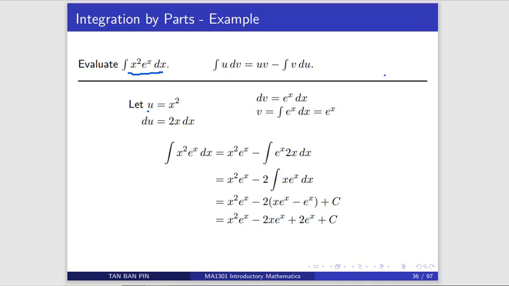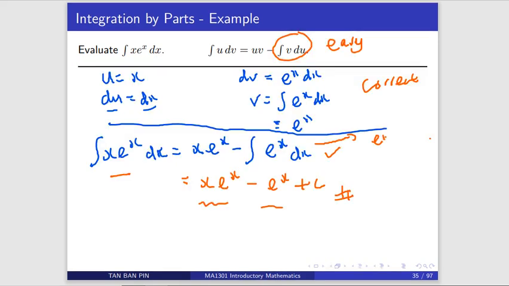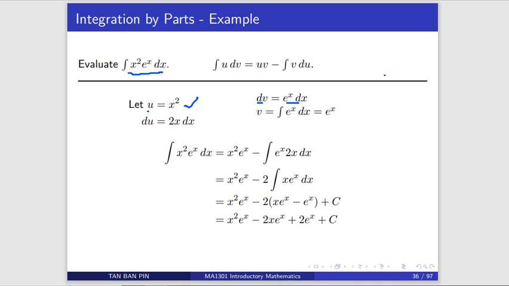If you want to integrate x squared e^x dx, you choose u to be the x squared term, then dv to be the e^x term. What you did for x e^x, you choose u as the x term, then dv as e^x dx, and then you'll find that v is just e^x, and du becomes dx. So after you do integration by parts, the x term disappears, and it just gives you integrate e^x, which is something easy to find. So that's why you should consider to choose u as x squared, dv as e^x dx.